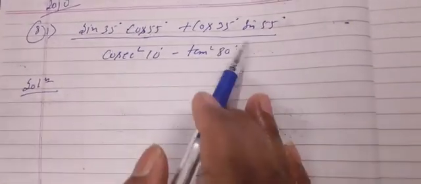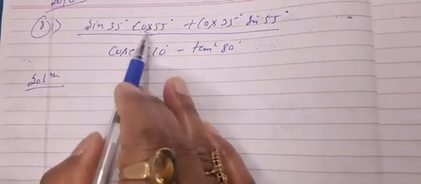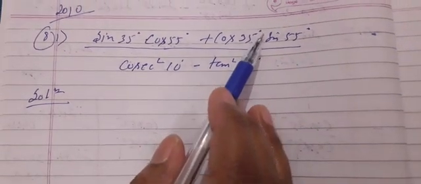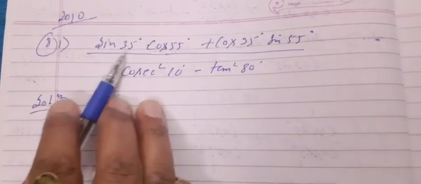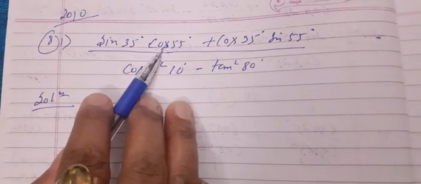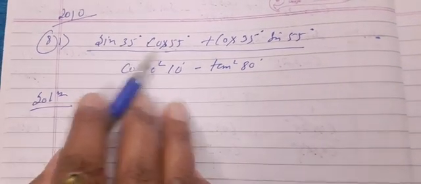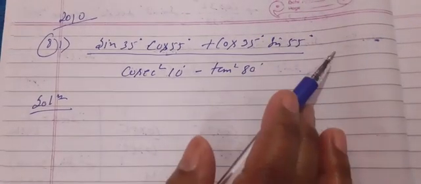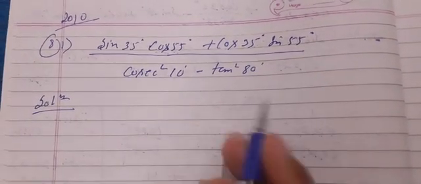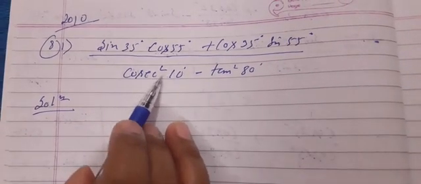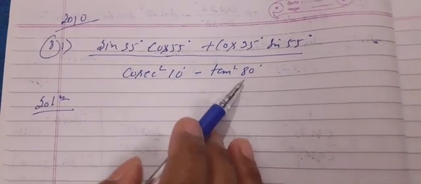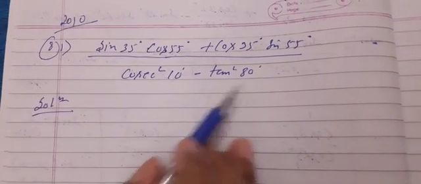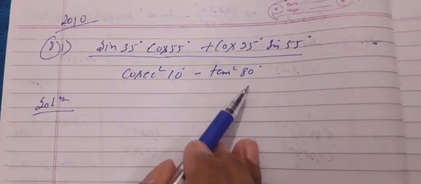Now we are going to see the question very carefully. What is the planning? Planning is that the first term numerator we want to convert as sine square theta plus cos square theta. This is already sine 35 degree, so I will change this one so that it will become sine 35 degree. This one also becomes sine 35 degree, and here we will change sine into cos. Okay, so let's start. And here cosec square 10 degree is there, so I will change it into 1 by sine square 10 degree, and here sine square 80 degree by cos square 80 degree. Then what will happen?